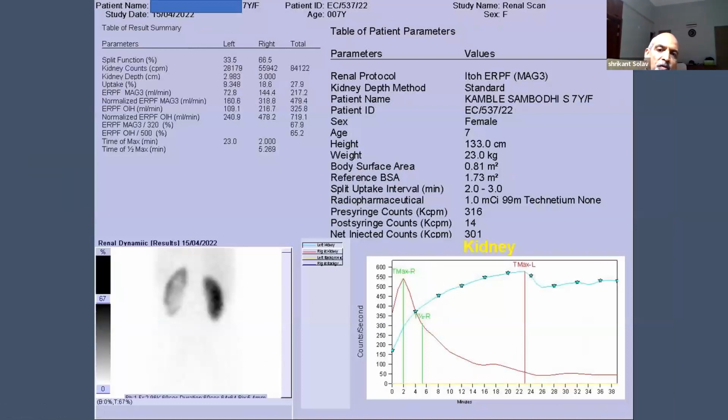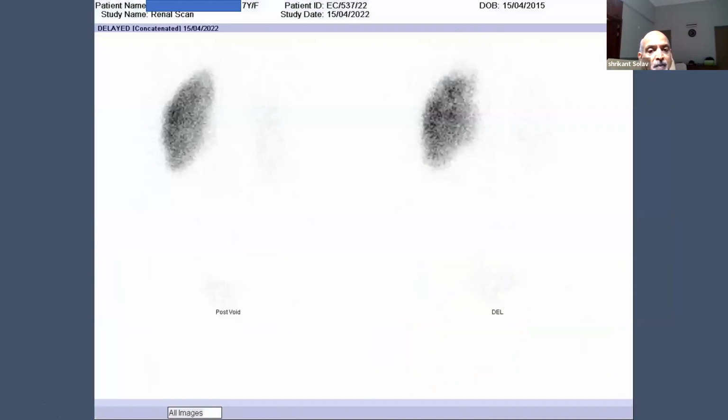And that's the renogram curve. You can see here progressive accumulation on the left side, and the percentage function from 38 had fallen to 33% or so. So this time we said, look at that, the post-void and delayed images. Both these images show